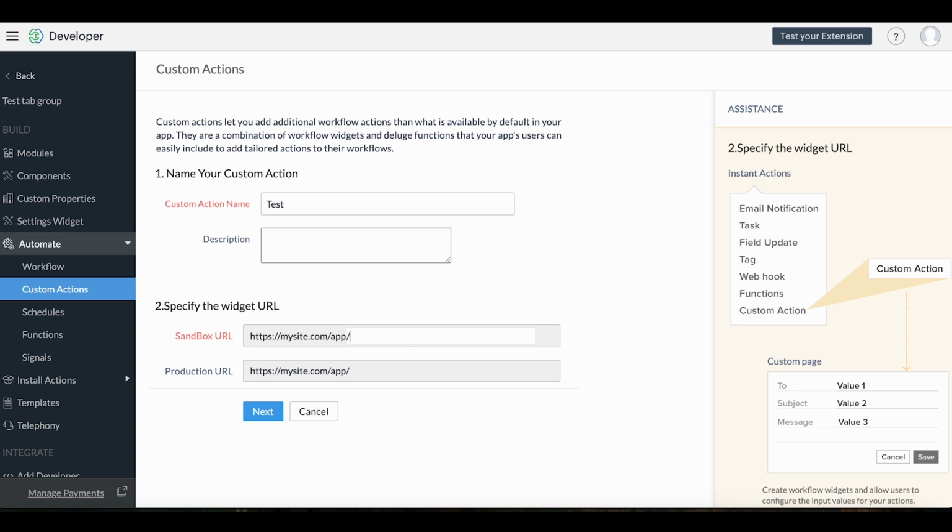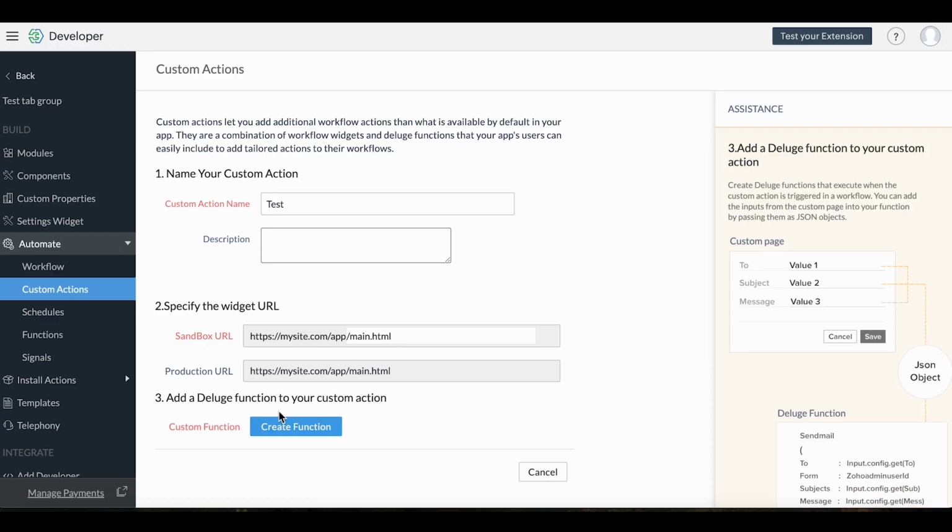So what you'll essentially do is whatever user interface needs to be rendered to the end user, that particular user interface file is what you'll have to provide over here. Let me just think that main.html holds the custom user interface for our custom action. After that, you'll give next, which is going to have the next component, which is a custom script. So we've created a custom UI, then the custom script.